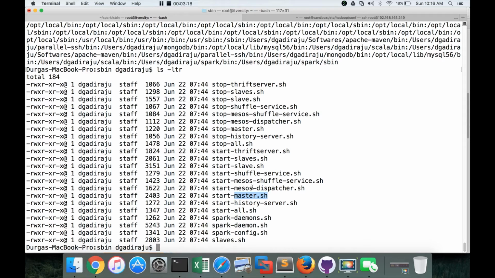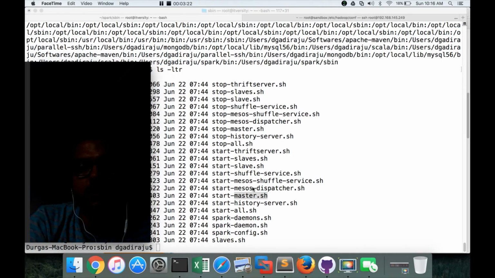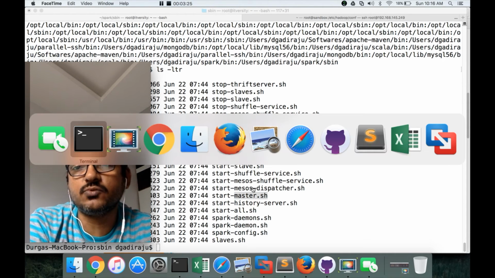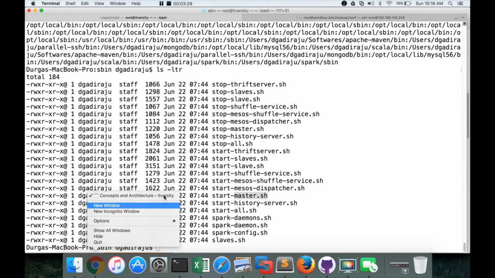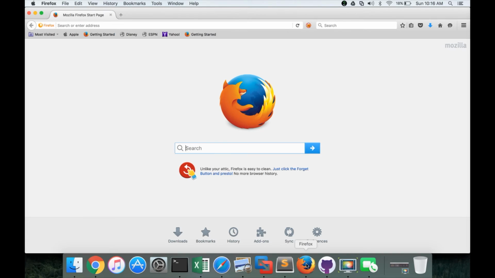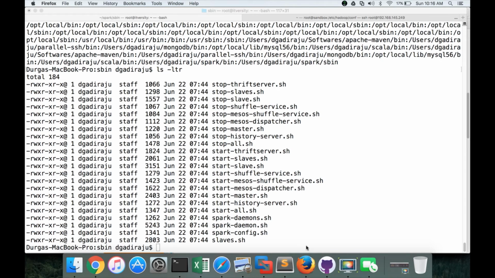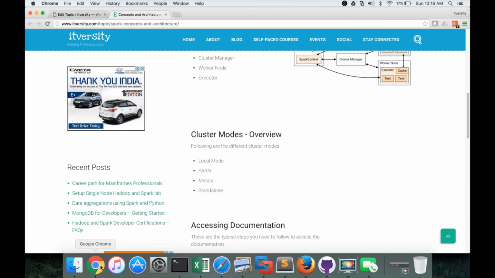If you want to run standalone mode, again standalone is primarily for development and probably to troubleshoot certain things when you run in the cluster mode. Other than that, we typically don't use standalone mode for running in production. In production, either we will use Yarn or Mesos, which are a lot more reliable than standalone. So local mode and standalone are primarily for development and troubleshooting purposes locally on your laptop, whereas Yarn and Mesos are the production based ones.